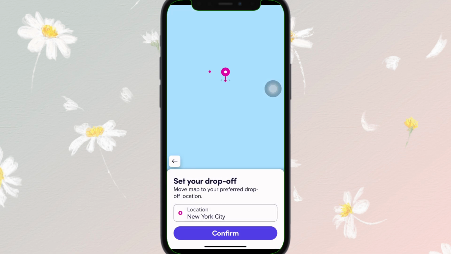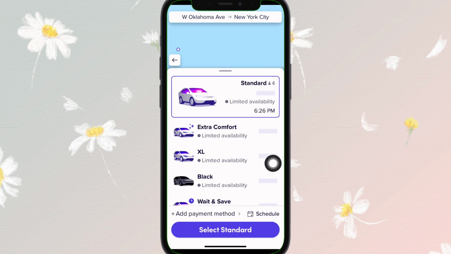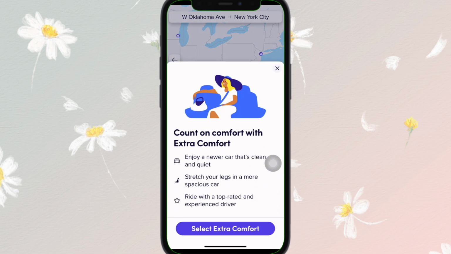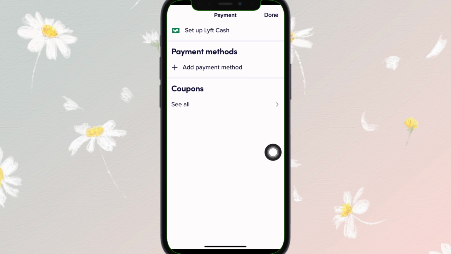And simply confirm your pickup location, tap on confirm. Then from here simply choose your ride type, tap on one. After that, tap on add payment method and simply add your payment method and confirm